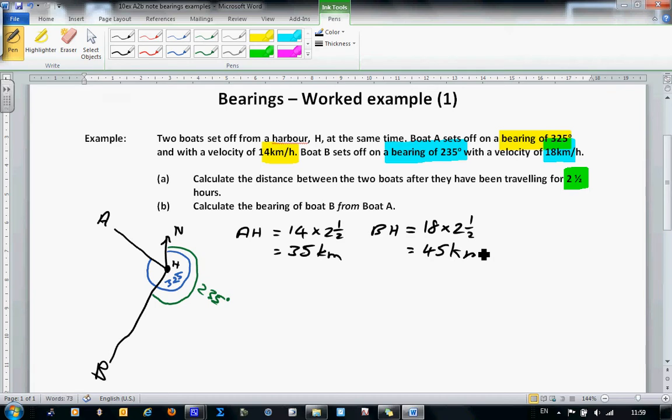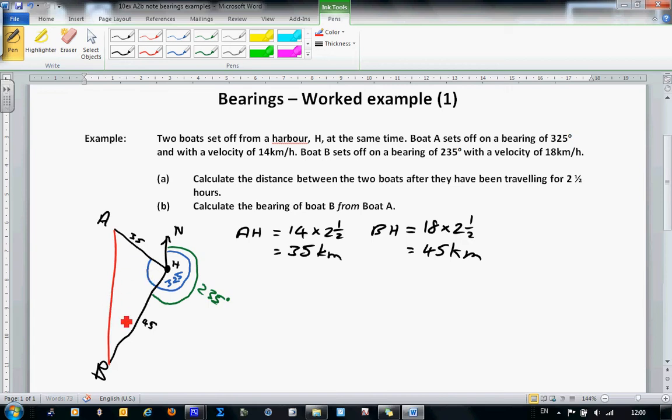So we've got some information there. I don't think we can do much else with it. We've got, this is 35, and this is 45. And I think that's pretty much it. Oh, let's have a look. We are looking to find the distance between the two boats. Well, that's AB. So if we draw in the line AB, you'll notice there that we've got a triangle. And just by chance,